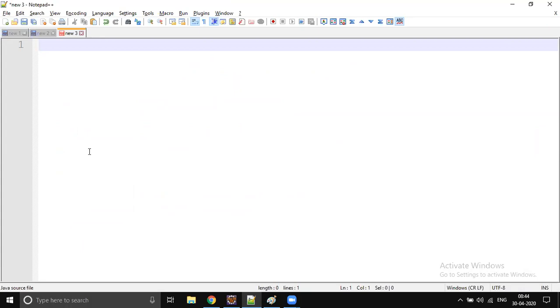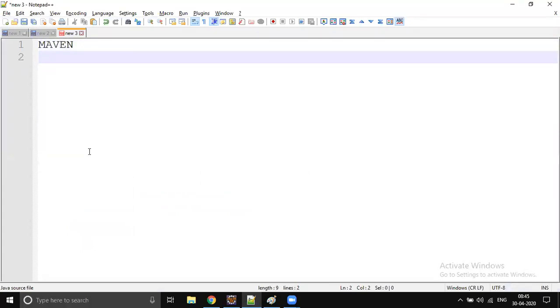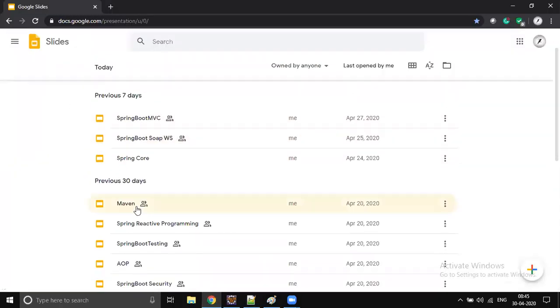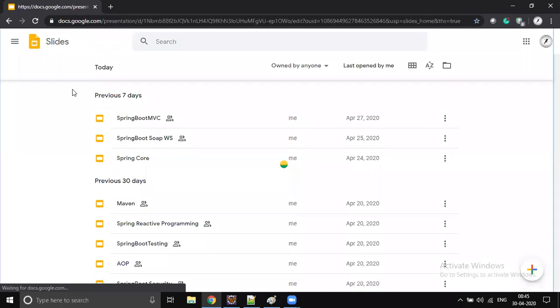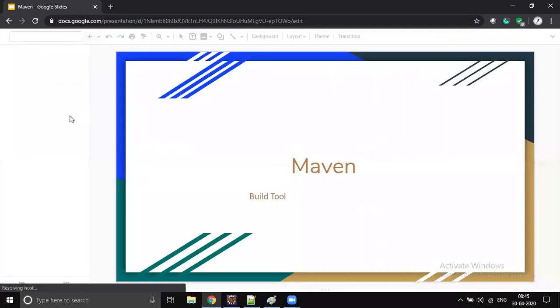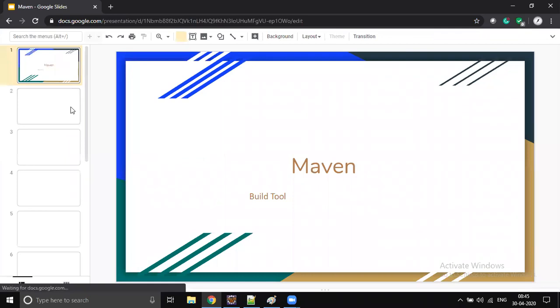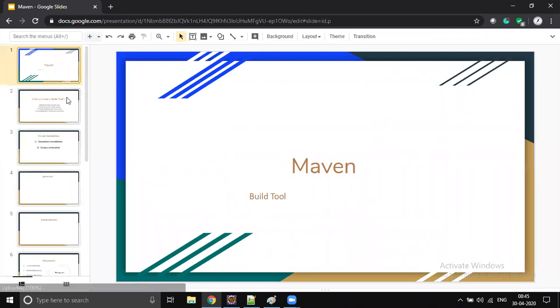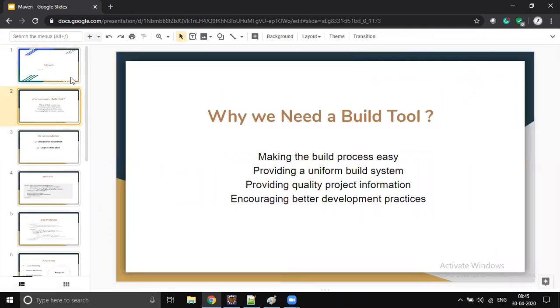So from today we will learn a build tool called Maven. There are so many build tools available, so let me open the documentation. We will discuss Maven in very much detail.